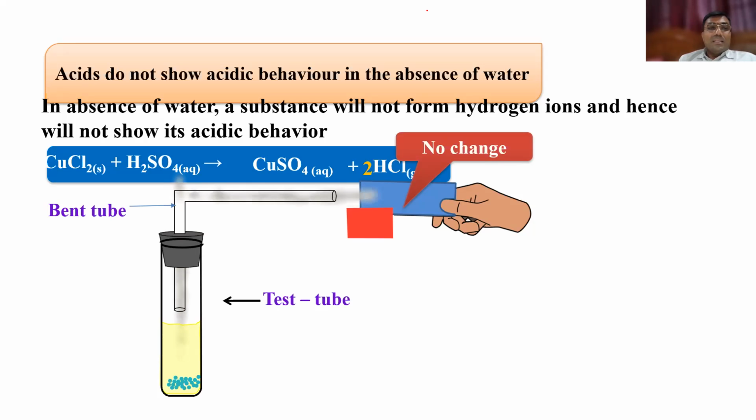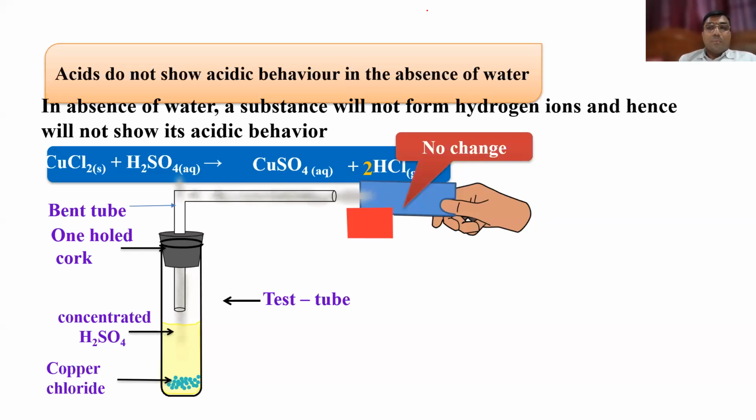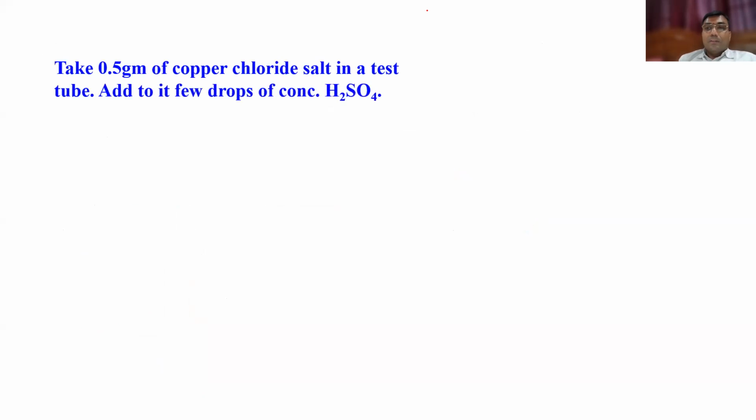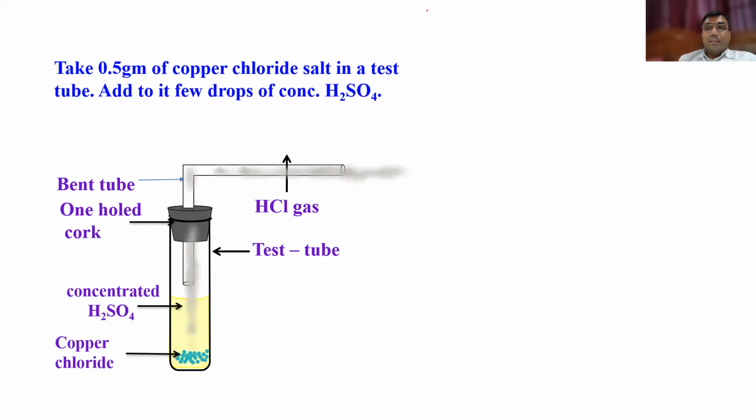You can do it. There is a test tube, a bend tube, and you add CaCl2, and naturally you don't get any change, right? Concentrated H2SO4 you can add. Add concentrated H2SO4, and HCl gas is evolved, and that is not giving any test. Okay, so this is all about that. So this is how you can do the experiment in your lab. If you want to do, you can do it this way. Okay. Next.